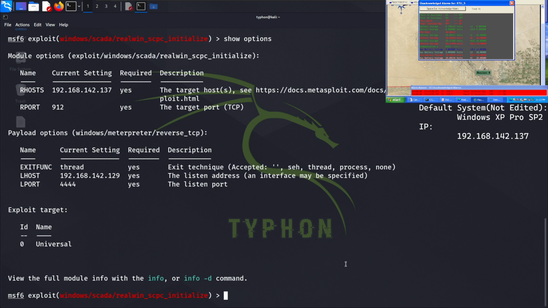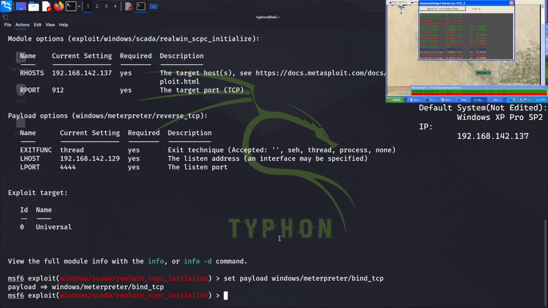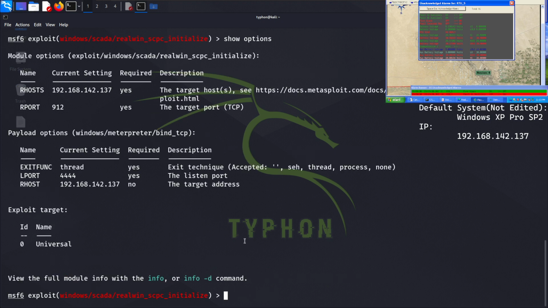So set payload Windows Meterpreter bind TCP. That's it. Here we have already set this payload, and here the default port for the DataC RealWin SCADA here. So show options. So the default port is